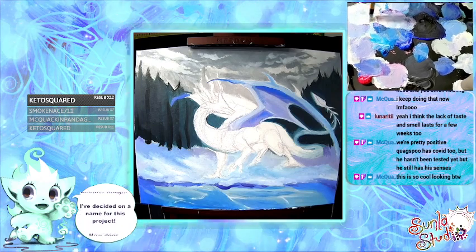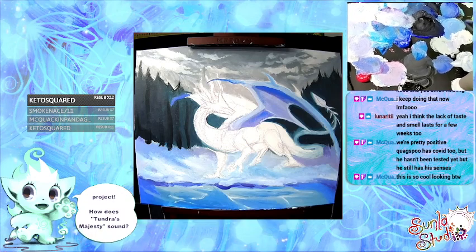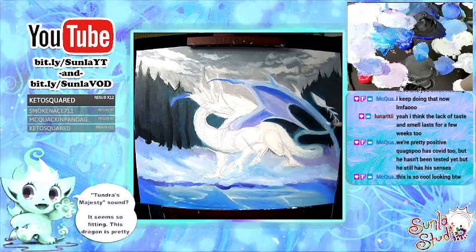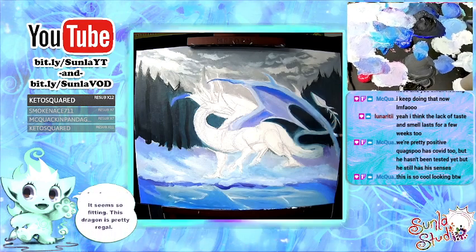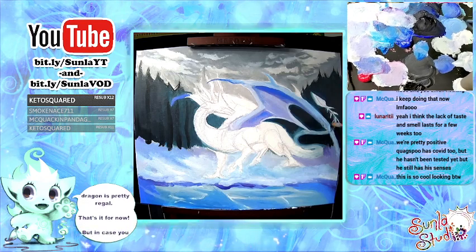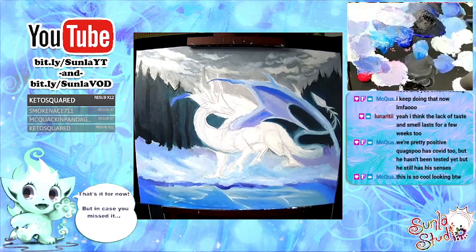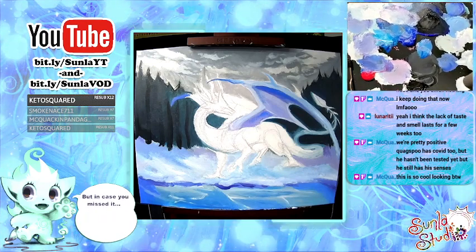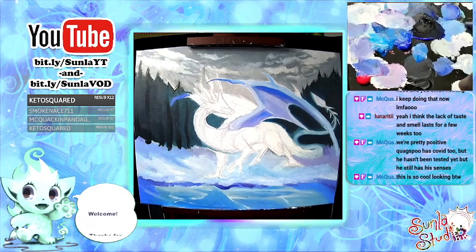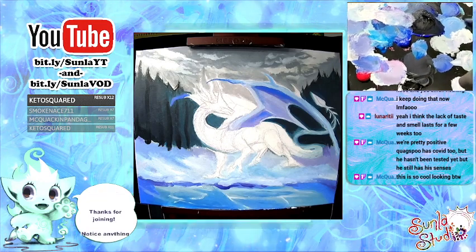I learned quite a bit from it, from even just trying. I don't have any photos, like I don't really use photo reference all too much. I look at photos once in a while to get an idea of what something should look like, but I let my brain interpret what I think it should look like in my painting. So the dragons and stuff like that comes off the top of my head. The landscapes themselves, I just look at a few different reference photos and then just kind of roll with it